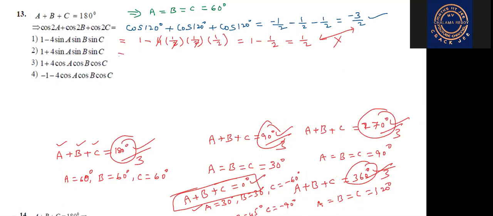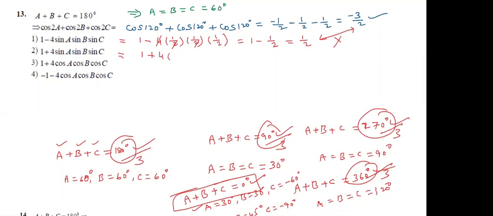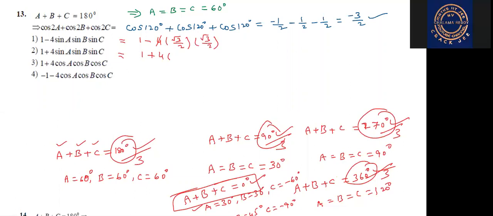Okay. Now go to the second option. 1 plus 4 into sine. Here I have written a mistake, sorry. What is sine 60 degrees? Root 3 by 2. Root 3 by 2, root 3 by 2, and root 3 by 2. Here 2 2s are 4, it is going to cancel. Now we get 1 minus 3 root 3 by 2. So these two do not coincide, not the same answer. So there is a wrong answer.